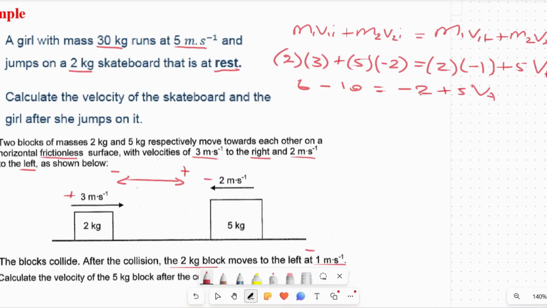So then we do our maths here. This is going to be negative 4, then plus that is going to be negative 2, equal to 5 VF. Then we divide by 5 on both sides. Then we find our answer is going to be equal to 2 divided by 5. That's going to be equal to what? 0.4